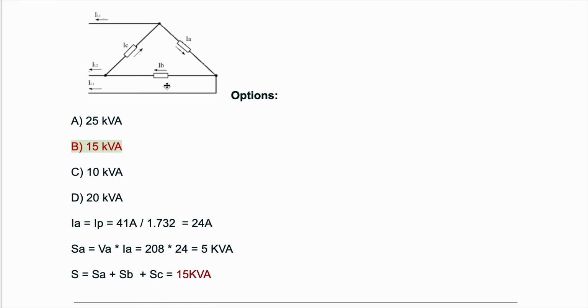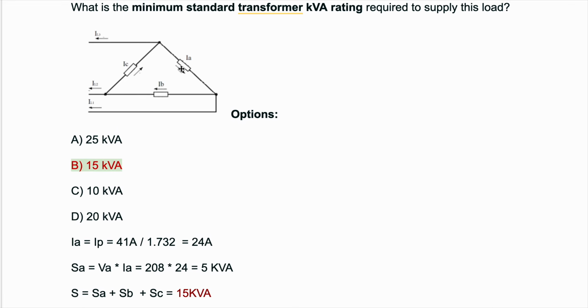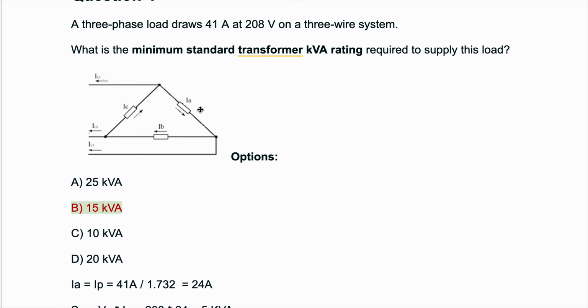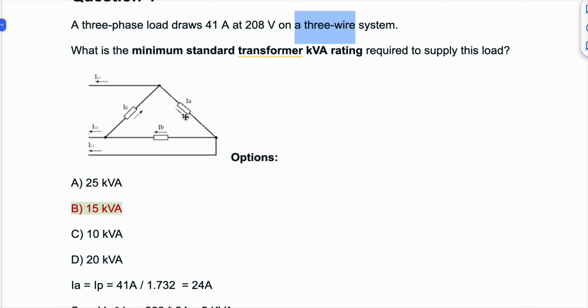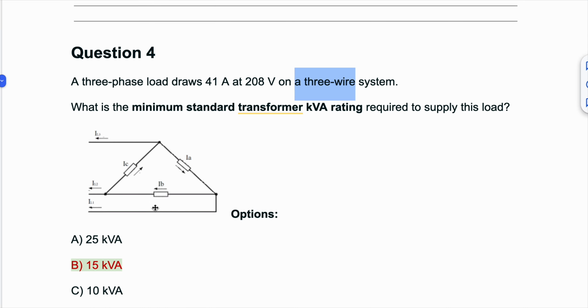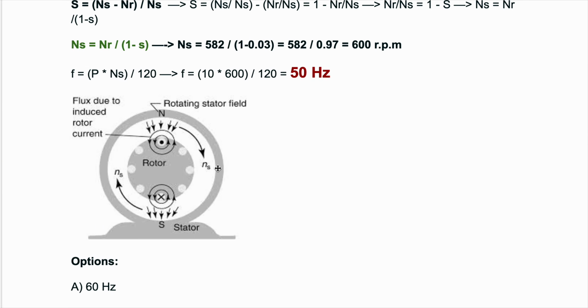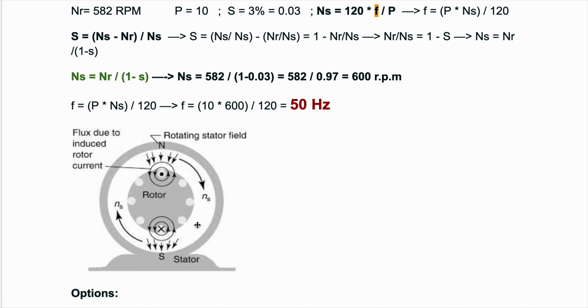This is about the load. We calculated the load of 3-phase. We have a 3-phase load. That is because they told us 3-wire system, so it was a delta connection of the load, and it was 15 kVA. We have 5 kVA for every part of the load, and it is also about the stator and rotor of the induction motors, and the